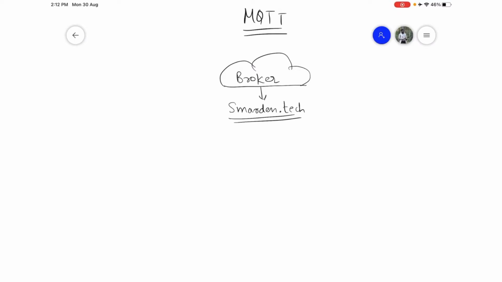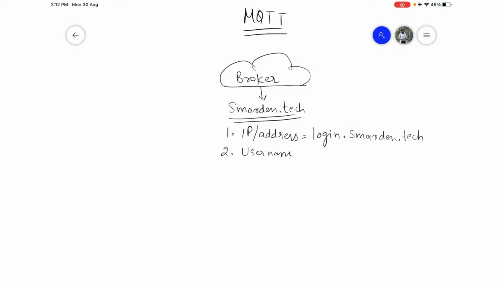So in order to access the broker, there are four things that you need. First one is the IP or the server address. In our case, the address is login.smartn.tech. Then you need a username to access the broker.